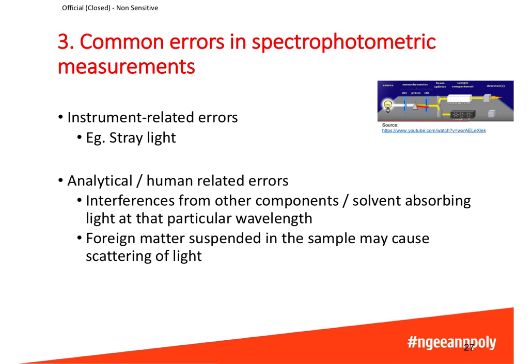In this last section, we'll look at some common errors, good practices, as well as applications of UV and visible spectrophotometry. So first, let's take a look at common errors. Common errors in spectrophotometry may arise from the instrument itself, for example, stray light, or it could also be analytical and human-related errors. For example, there may be interferences from other components or the solvent itself that absorbs light at